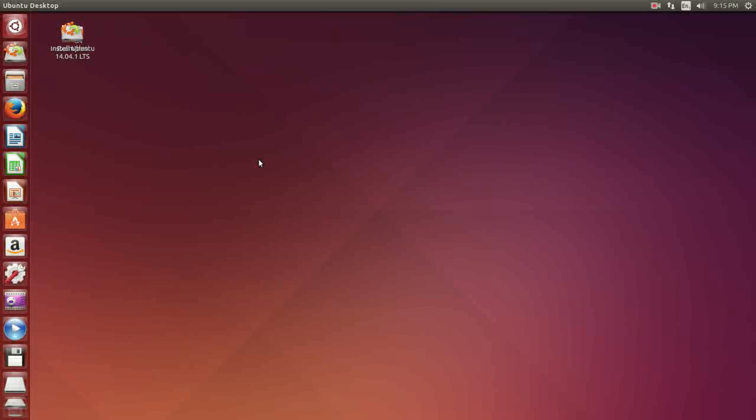I like the way Ubuntu renumbers their system because they use the year and the month. So 14.04 was released in April 2014. The LTS stands for long-term release, meaning this program will be supported for a long time, usually 3 or 4 years. I prefer to stay on a single release for 3 or 4 years.